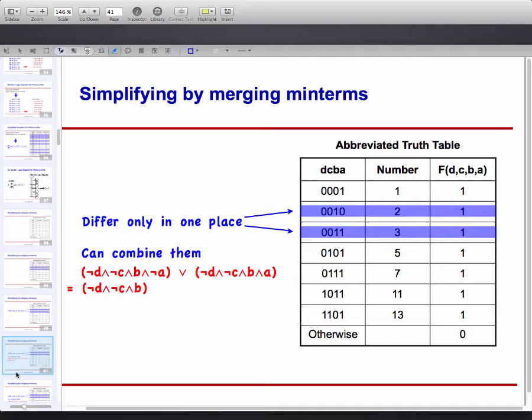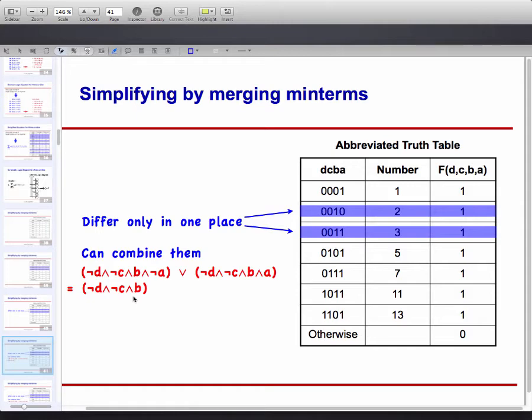So those two cases can be lumped together into a shorter AND expression. Previously I had 2 AND expressions, the first one which has 4 terms, the second one which has 4 terms. But by combining them and using our Boolean logic properties, we basically eliminate A and we are left with D, C, and B. So where previously I had 2 4-input AND gates, now I have replaced it by 1 3-input AND gate. So I have saved a gate and I have a smaller